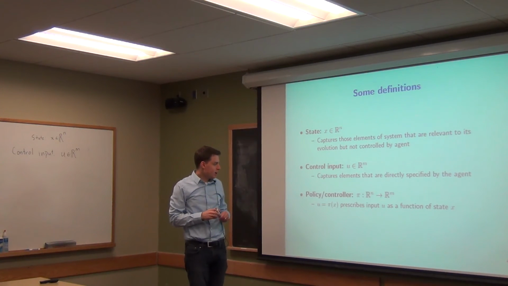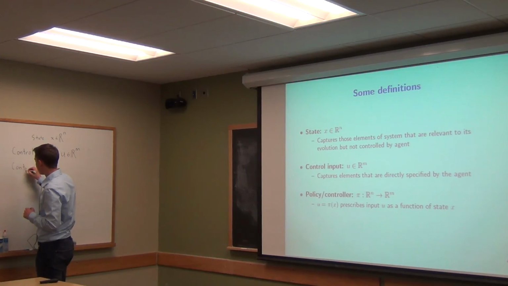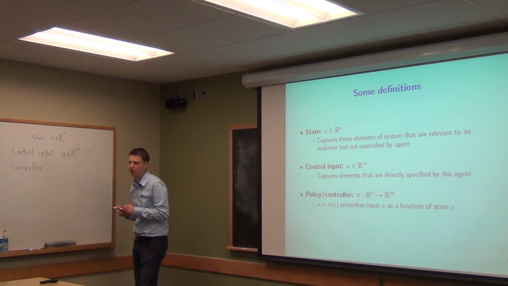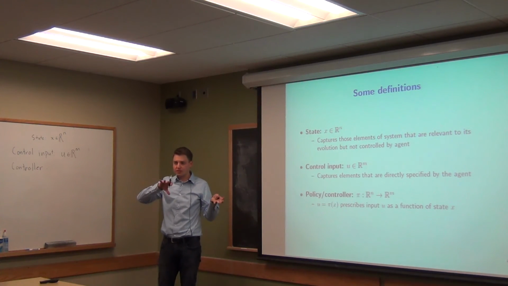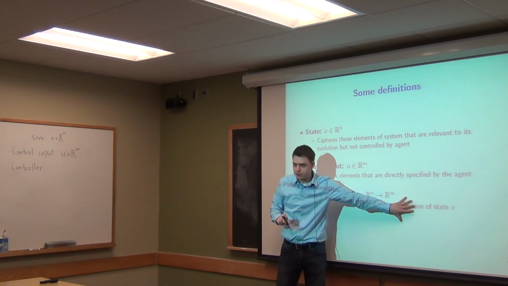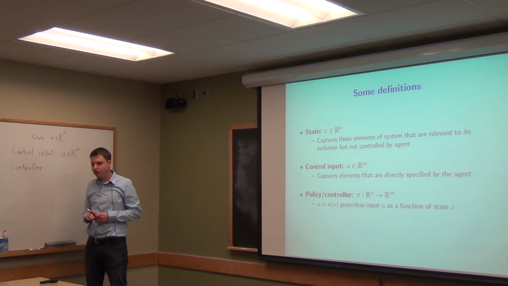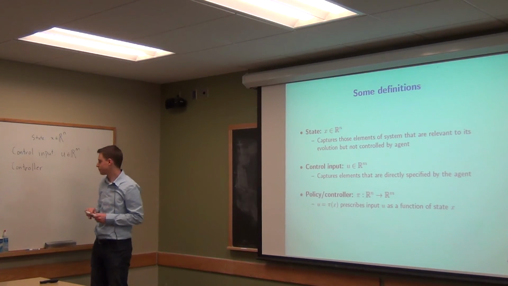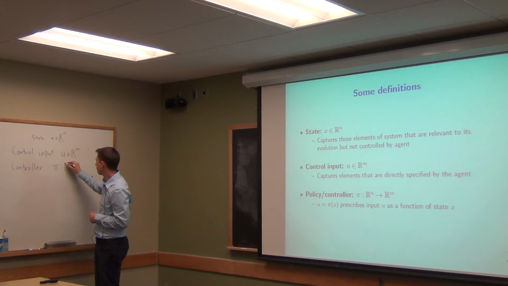And then finally, a controller, also sometimes called a policy in the more machine learning bent on control, but typically called a controller in the control literature. This is going to be a mapping from states to actions. It can also be a little bit more than this, but this is the simplest case of a controller. Essentially, a controller prescribes what we do with control given the current state of the system. So a controller I'll call pi, which is a mapping from states